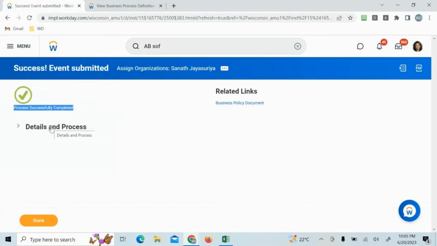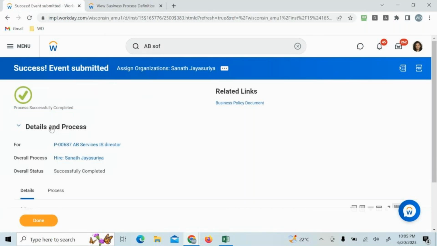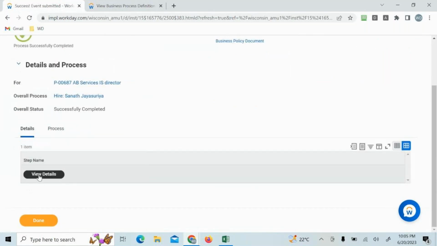Previously it was in progress. Now if you go to the details and process, here you see under details,